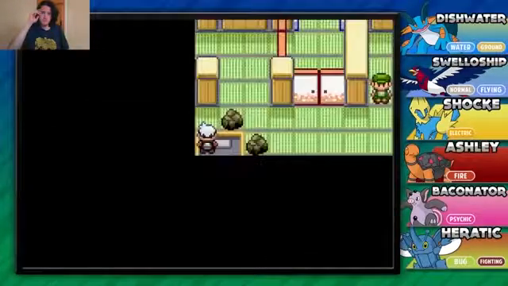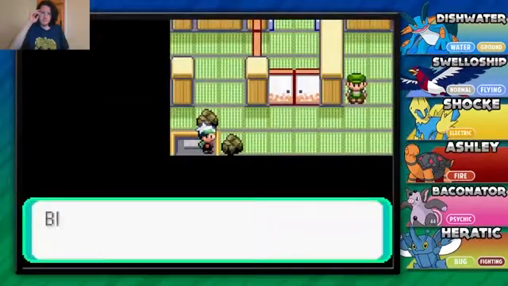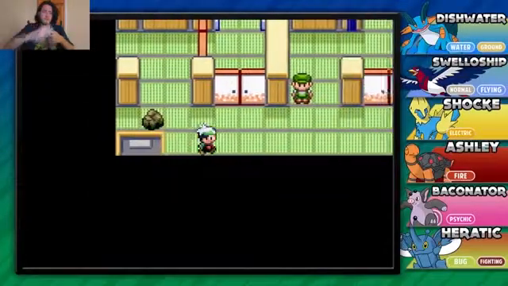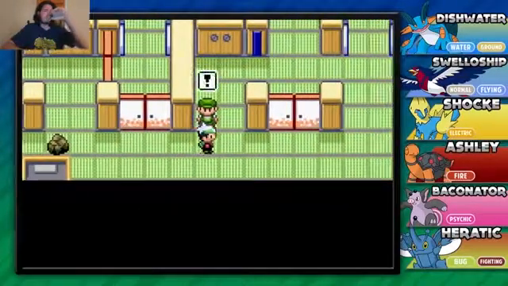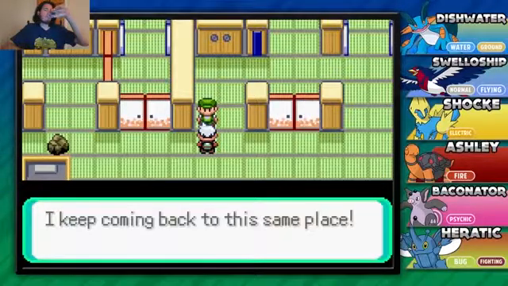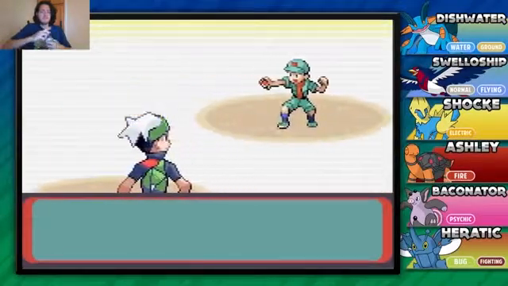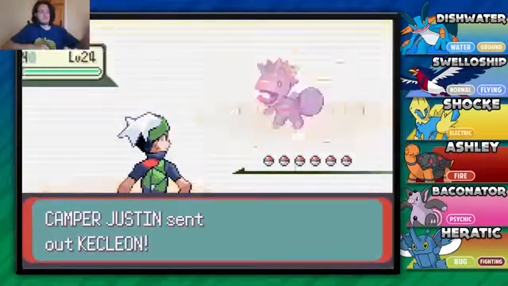You guys know the drill. We come in here, and there are a bunch of things for us to do. You need various HMs to get through. I've got no idea what these puzzles are, so bear with me as I figure them out. But I keep coming back to this same place. Oh God, it's a switch puzzle. Yeah, but I figured that we should probably go through this because not only do I want to